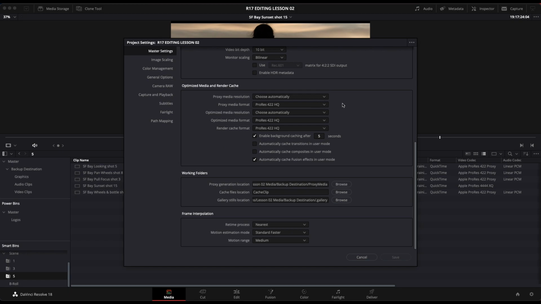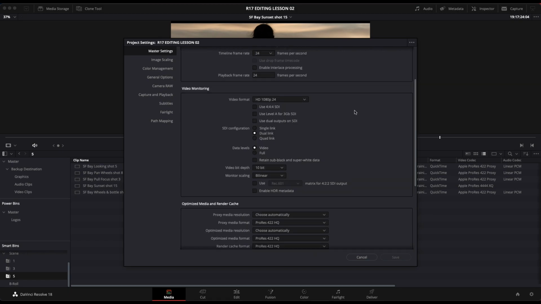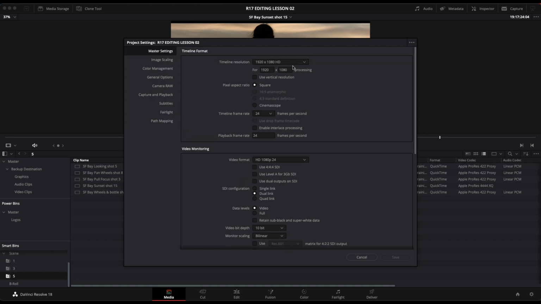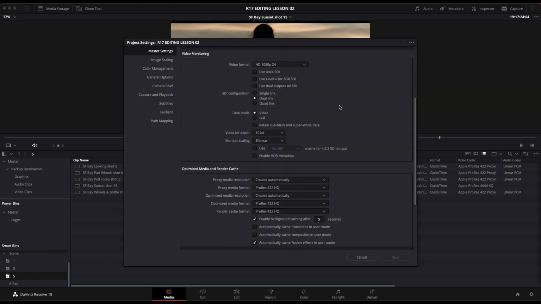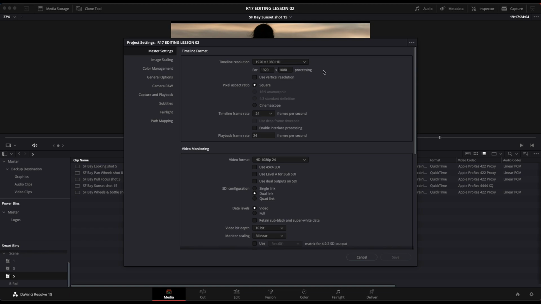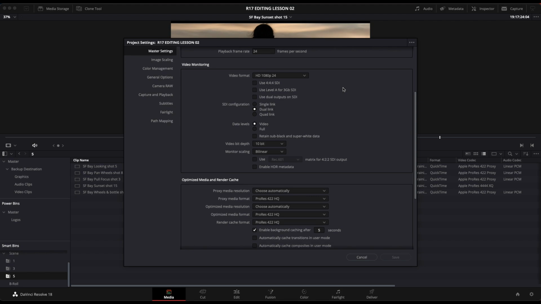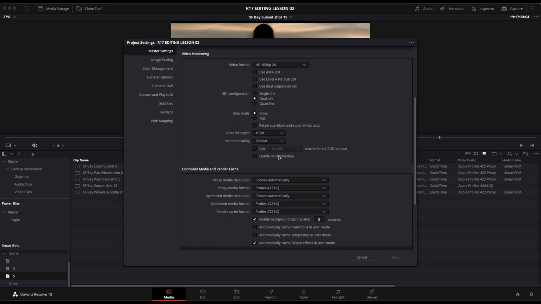That's going to happen for clips that are 4K, 2K, UHD, whatever clip is bigger than our timeline. Clips that are the same size as the timeline or smaller are obviously not going to be scaled, because it doesn't make sense. Choose automatically tries to scale it as close as possible to our timeline. I usually keep it on choose automatically, but in this case, let's say